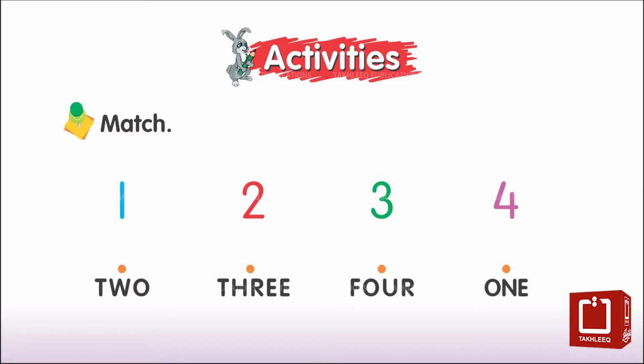एक्टिविटीज, सरगर्मियां। मैच, मिलाइए। मैच नंबर विद द वर्ड, अदद को लफ्ज से मिलाइए। Here is one, यहाँ एक है। Now we search one in words, अब हम लफ्जों में एक तलाश करते हैं।